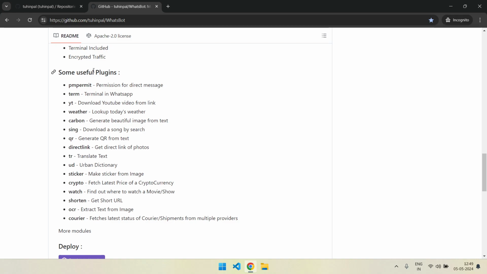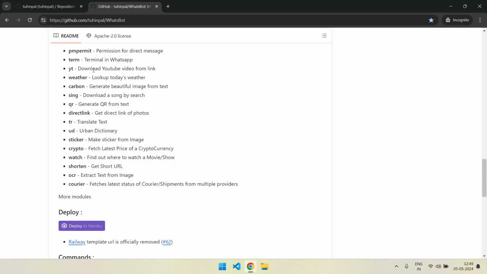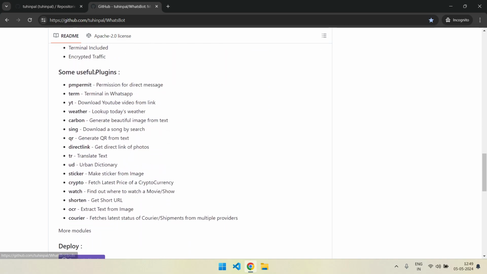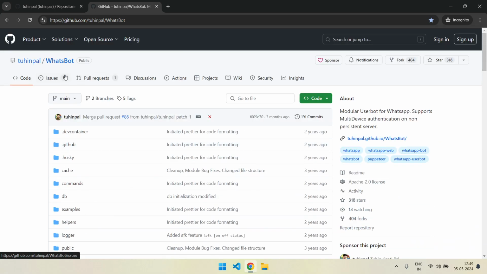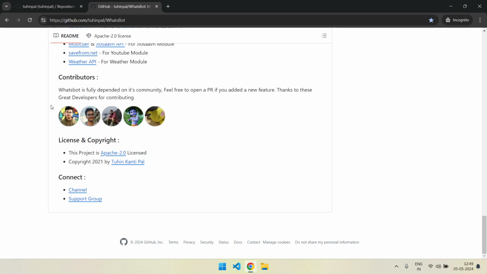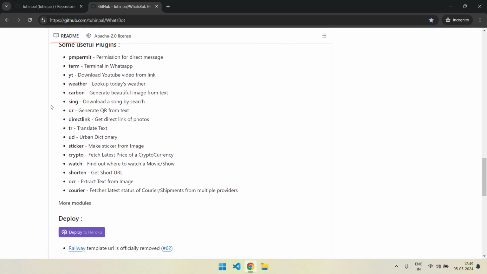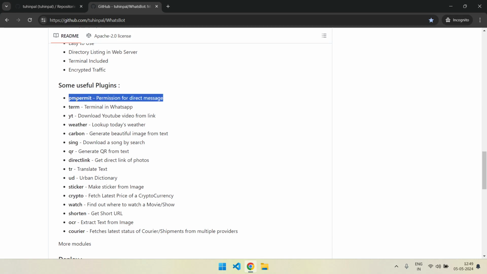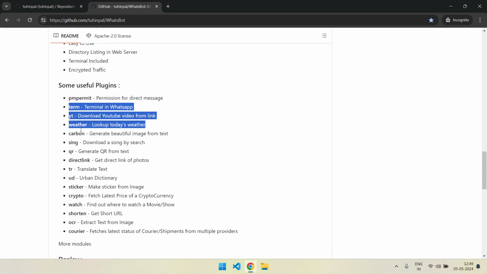It's basically a WhatsApp user bot. I don't know whether it currently works or not. There are 10 issues, so maybe it is not working. It supports many things like PM permit. This was the first PM permit ever to come to WhatsApp; before that there was no WhatsApp PM permit. There are a lot of other features. Before that there was only one user bot, which is WhatsAsena, and then I created Whatspot. So this was, I think, the second.